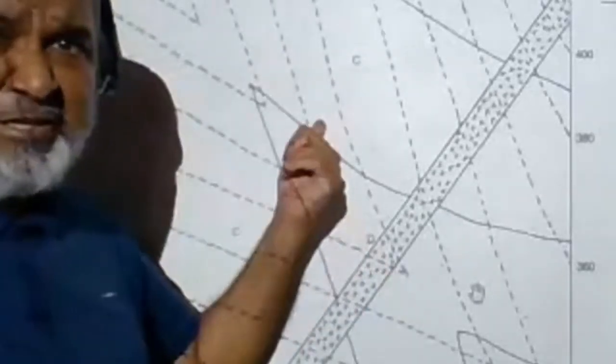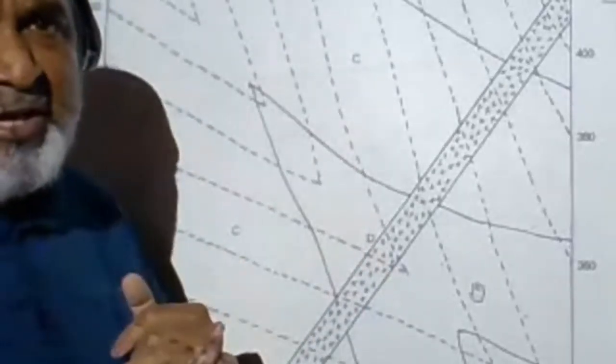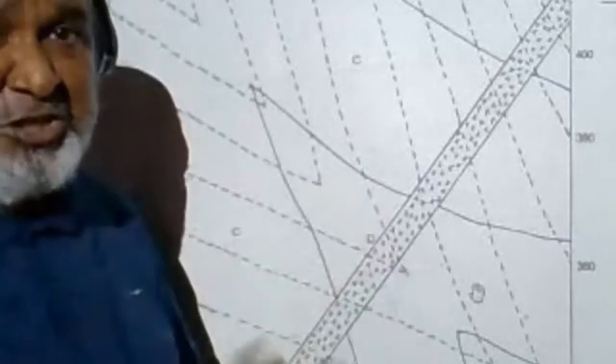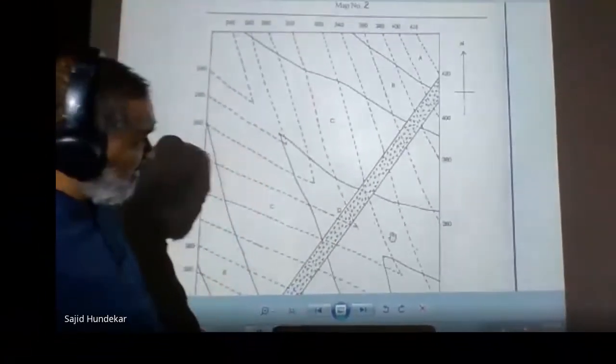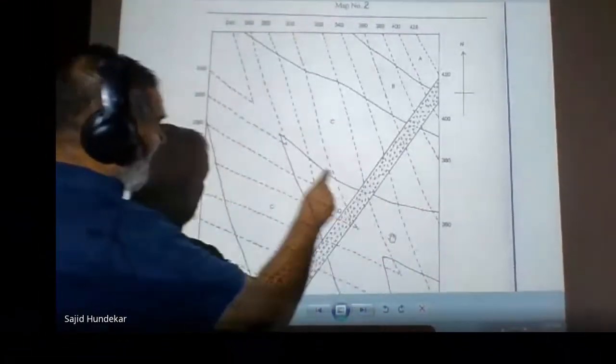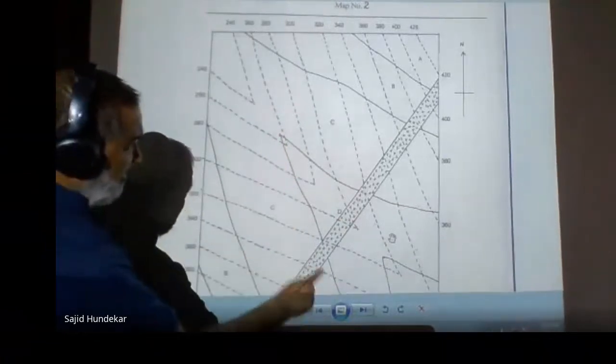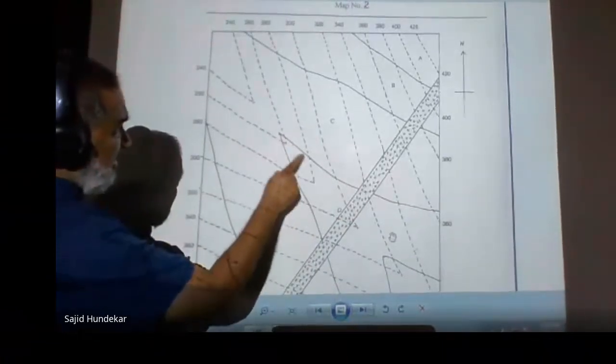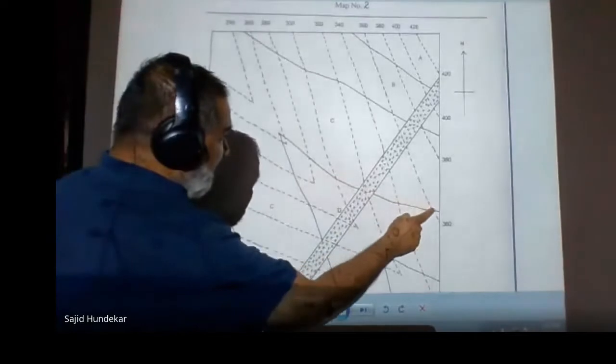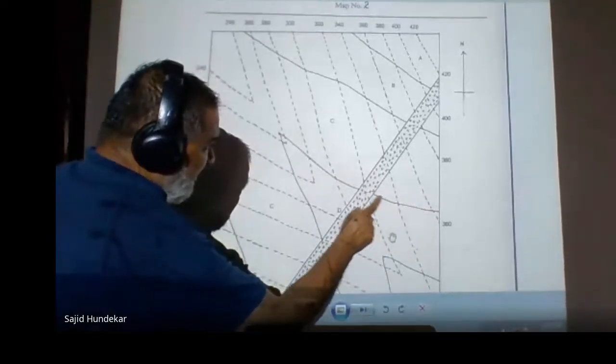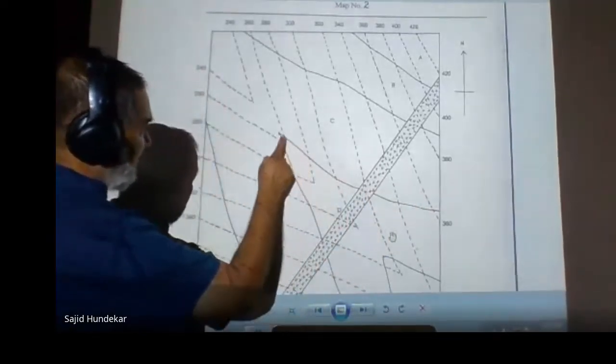And after that, the 5 observations you have to do if it is the inclined bed. First one, you have to find out the strike direction. Now what is the strike direction? You have to choose a dark line. Now I will take this dark line. This dark line is intersected by the contour lines. Here it is cutting, here cut, here cut, here cut, here cut, here cut.